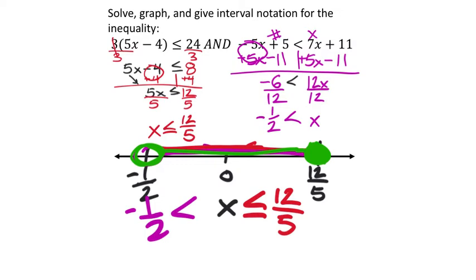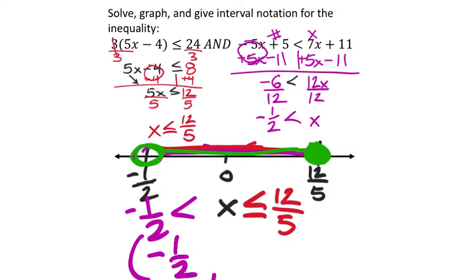How do we know it's less than or equal to? Because it's a closed circle at 12/5. And why is negative 1/2 just less than the x? It's because we know it's an open circle right there from the graph. Okay, so that's the actual inequality that we would need for a problem like this one. And then the interval, pretty much the same kind of thing. Starting at negative 1/2, that's where the interval would start. It's not included. And then it would go all the way to